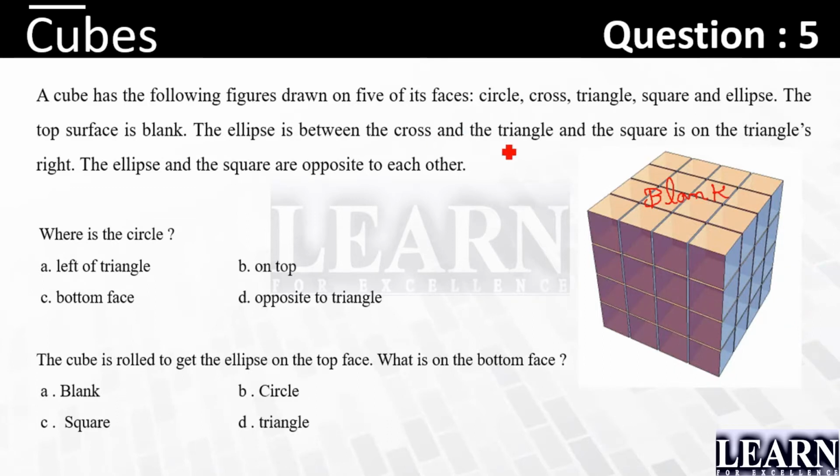The ellipse is between the cross and a triangle. If this is the ellipse, it is in between a cross and a triangle. If you look into this particular part, moving like this, then I can say you can take out the ellipse anywhere you want. You can start with that, anywhere you want. If you look into this thing, it's nothing but revolving up and down. This is right, left, this is up and down.